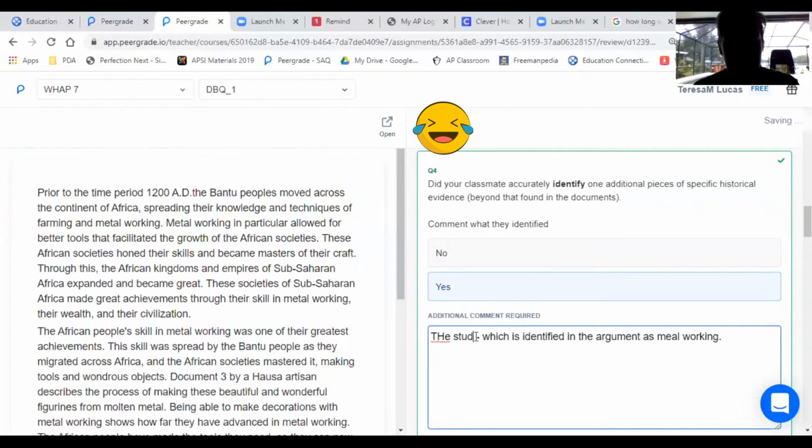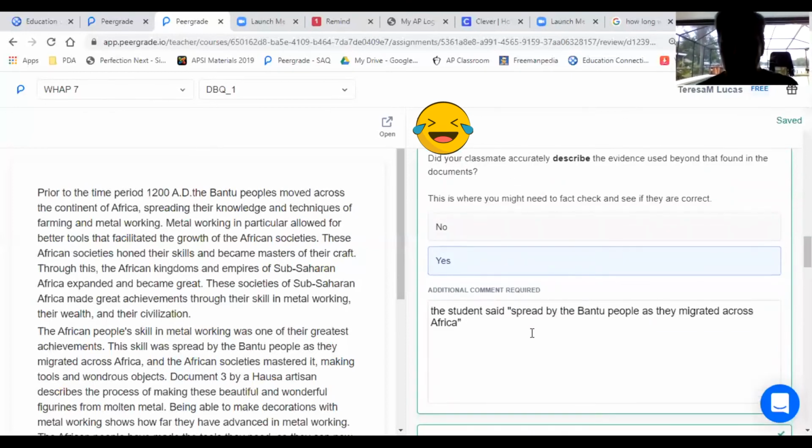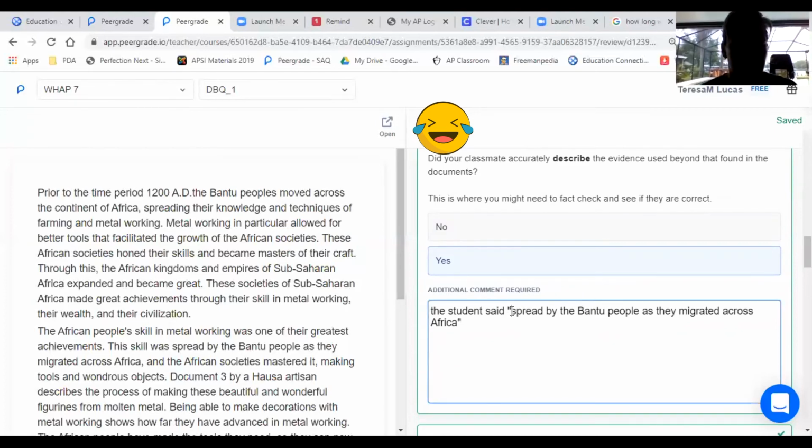the student identified Bantu migration. Boom. For description, the student said the skill was spread. The skill